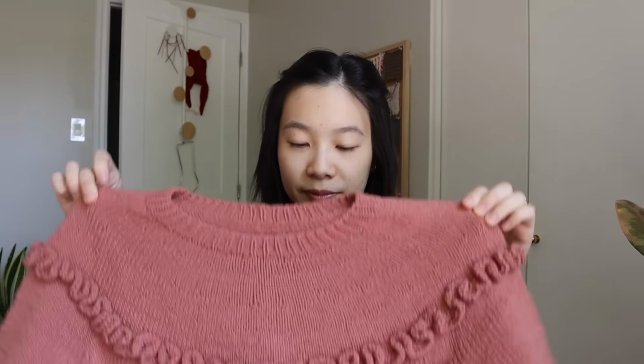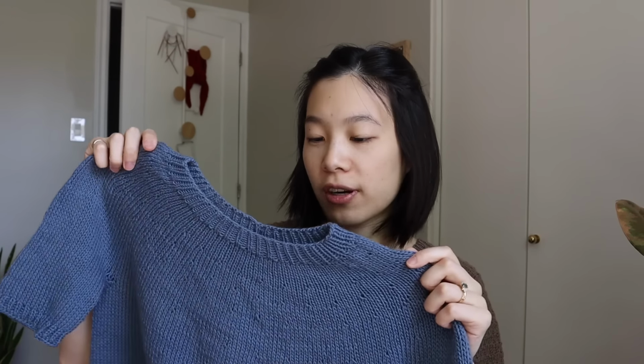I think at my local yarn store it was called terracotta, but it's this really beautiful dusty pink. And the new version that I made is the exact same garment, exact same measurements, in the color blue jeans, same yarn with no frill. So the reason why I wanted to make another one is because I adore this fabric and I adore the